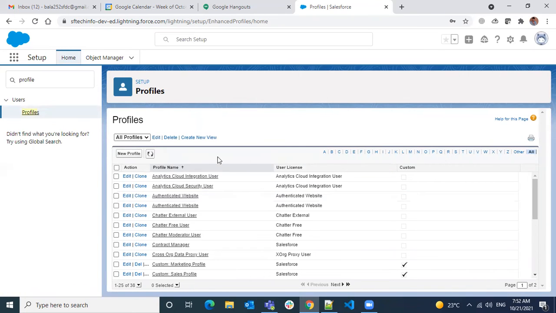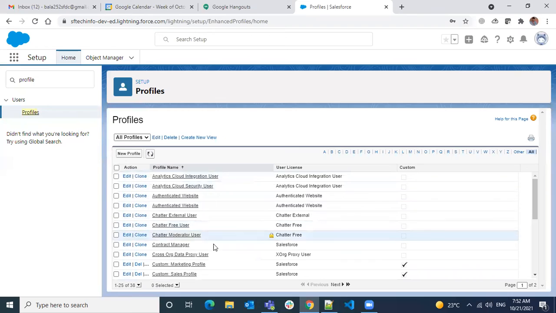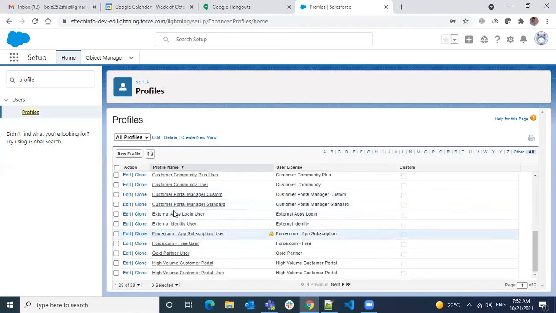On this page, most of the pages you will be on look similar to this. This is called a list view. List view means all the available things that we have in Salesforce are listed here in the form of a list or table.